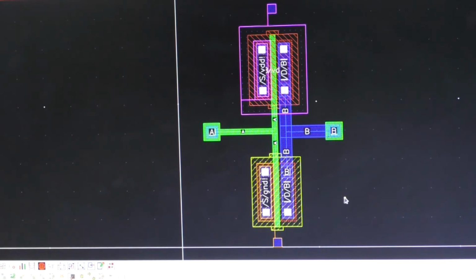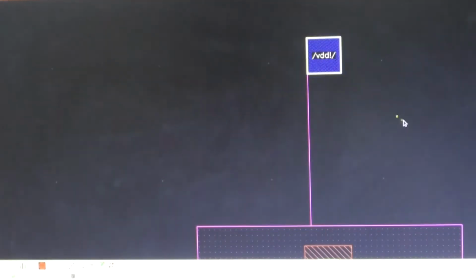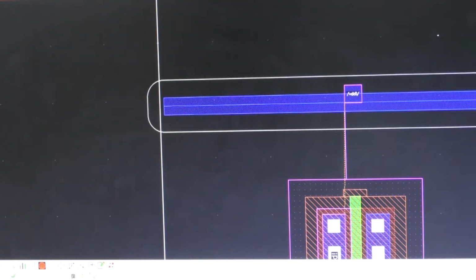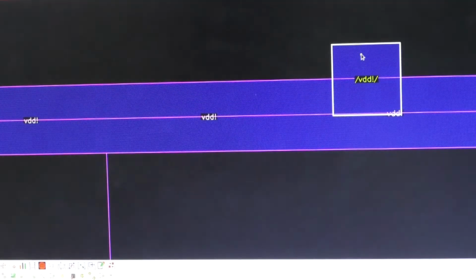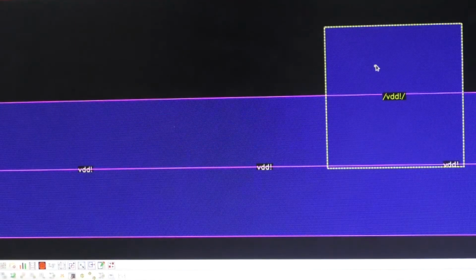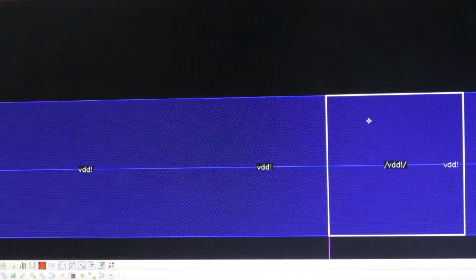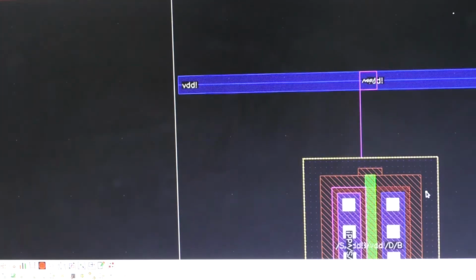Now the other thing that we have to do is interfacing the power supply rails VDD and ground. I am considering one metal layer, one path, and I am going to use this as the power supply rail for VDD, and inside it I am placing this pin.